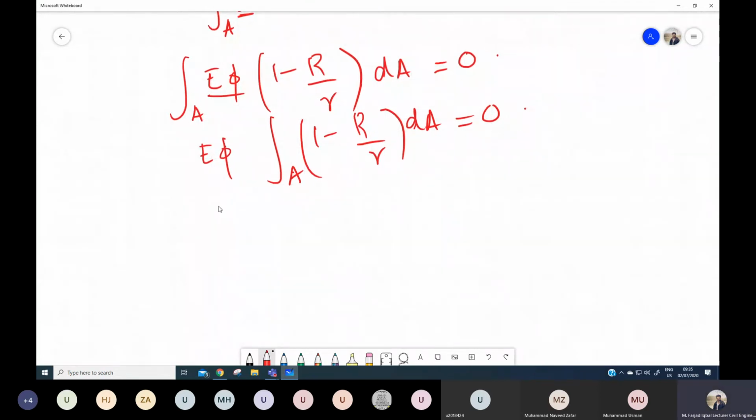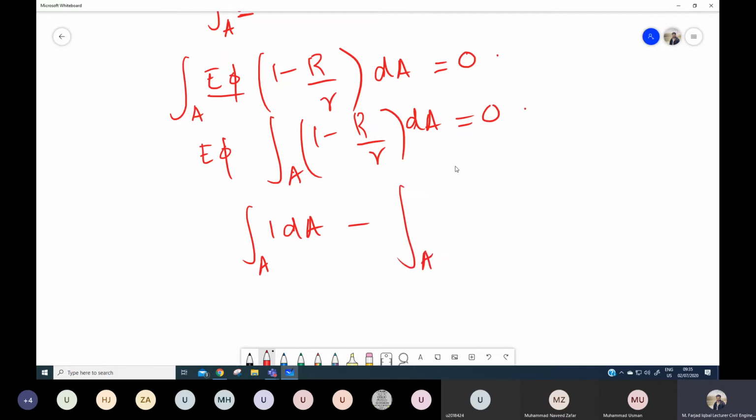So if I further simplify this one, I will get E phi into integral of 1 into dA minus E phi into integral of capital R over R dA. This E phi is constant, it can go on to that side and this term will be 0. Okay, so we will be left with this term, integral of 1 into dA,